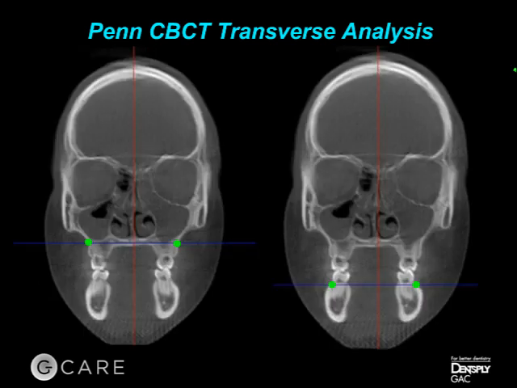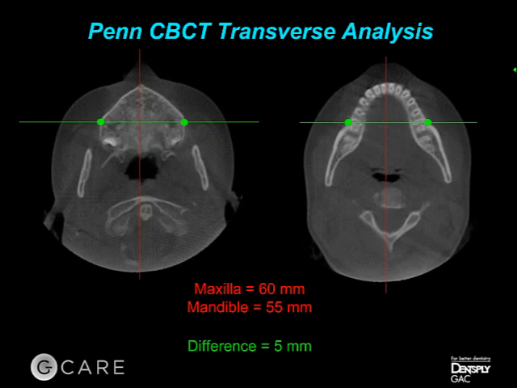So if we're looking at MXMX, mucogingival junction, on this patient, which is untreated, where the teeth are upright in the bone, centered in the bone, and well intercuspated, the maxilla measures 60, the mandible measures 55, for a difference of 5 millimeters. Now, if you think back a couple of slides, when we talked about anatomy, being that cusp to cusp or fossa distance of 2.5 millimeters aside, and saying that the upper jaw then should be 5 millimeters wider than the lower,